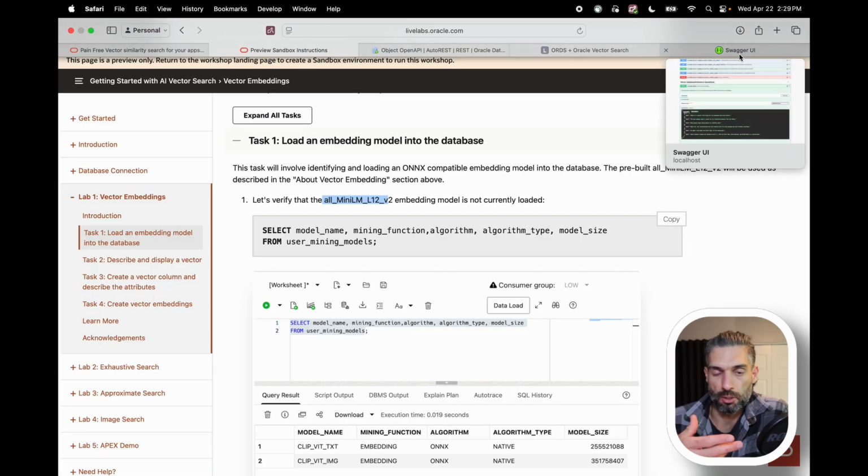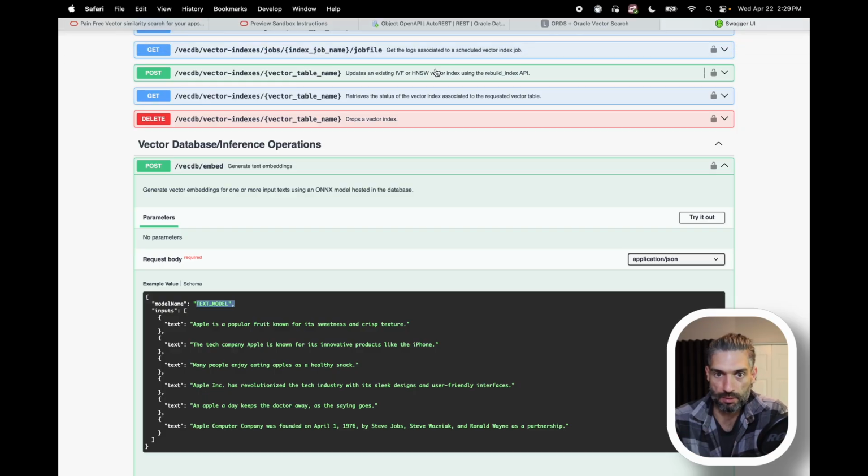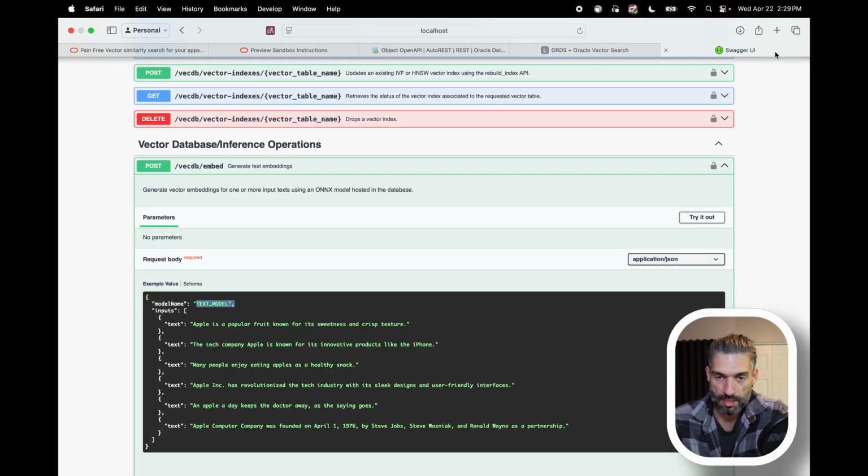Your ONNX model is already loaded into the database, so if you just did tasks 1 through 4, you would already be there. You'd already have your model in there, and you would have already performed the vector embedding on your target database or your target table. So anyway, if we're going back to what the application is doing, as soon as we hit the search button, it will go here, it will do the vector embedding, and then